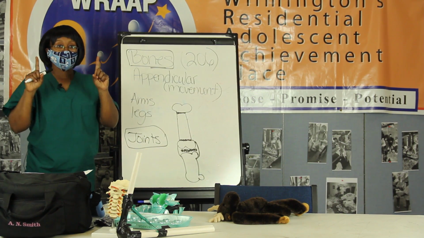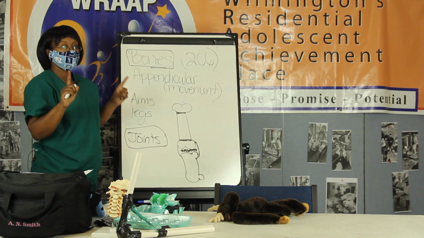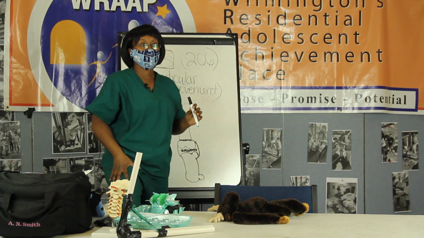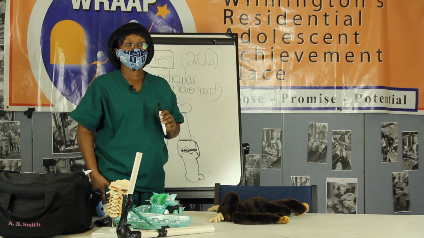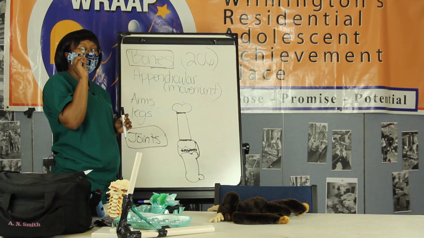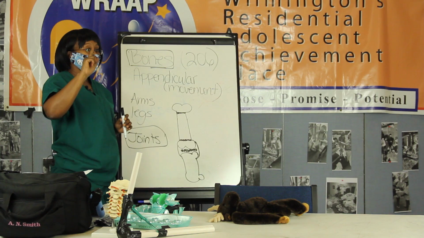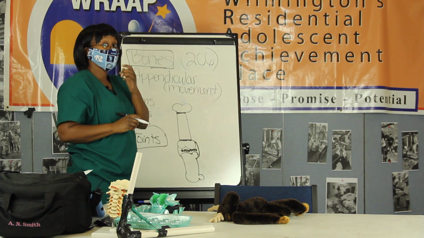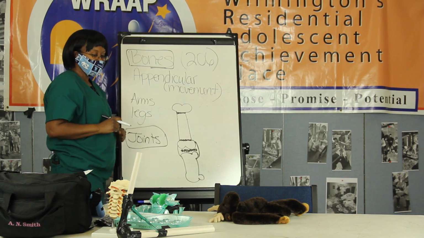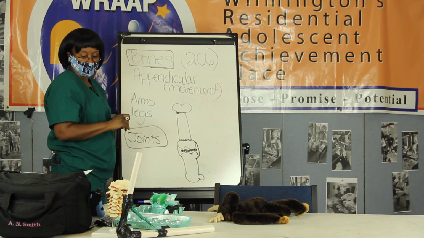And just a fact, the largest bone in your body is the femur. It is your thigh bone, and that's a long bone. But we also have really small bones. There are 3 really small bones that are in your ear. Just so you know, you do have bones in your ear also. So just keep that in mind.